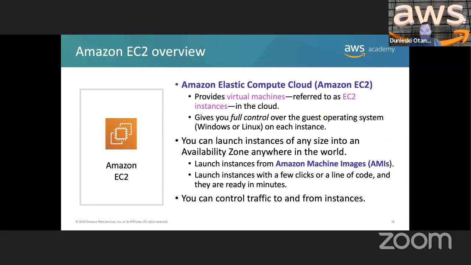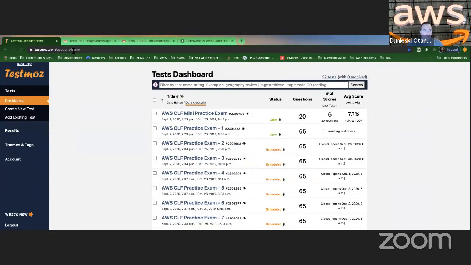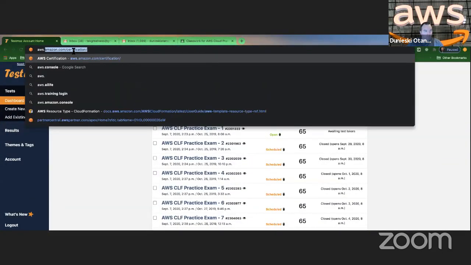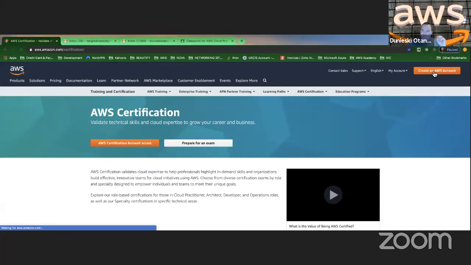EC2 provides what? Virtual machines, referred to as EC2 instances in the cloud. EC2 stands for Elastic Compute Cloud. That's why it's called EC2, two C's, Elastic Compute Cloud. It gives you full control over the guest operating system, Windows or Linux, on each instance. Don't forget that when we create our Amazon